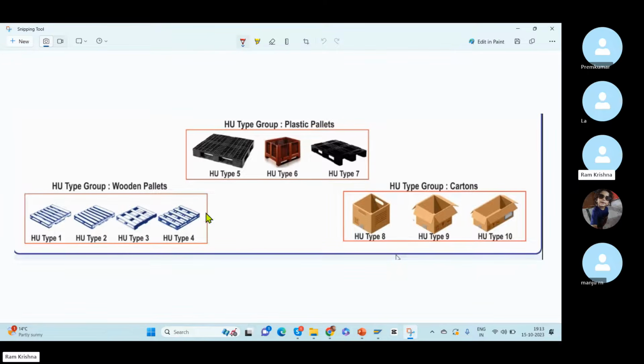In this case, do you need to group it or not? Wooden pallets, are you grouping them into one or not? Yes, we are grouping them into one. We need to group it, and you need to assign it to the respective product. For this respective product, we are using HU type 1. I am defining HU type 1, this one, HU type 2, this one, HU type 3, this one, HU type